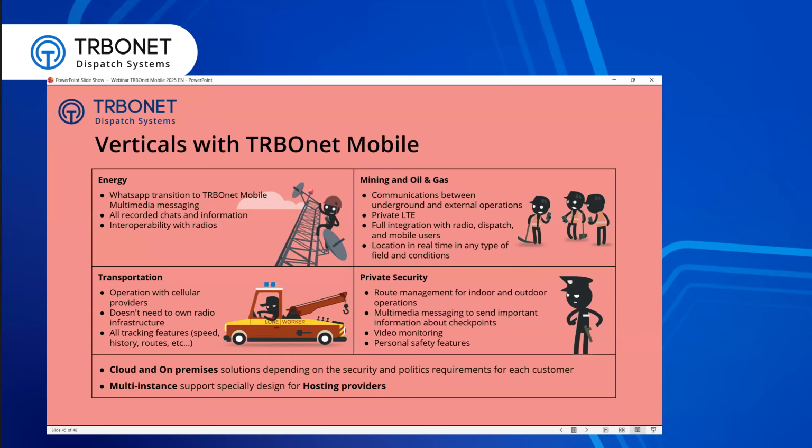So we divided them into different verticals. Of course, it's not all the verticals we support, but we divided our biggest customers who use more than 3,000 units into different verticals, just to explain what kind of features are used by those customers and why they moved to the TRBOnet mobile. First, the biggest company we have is an energy company, and their operations are related mostly to